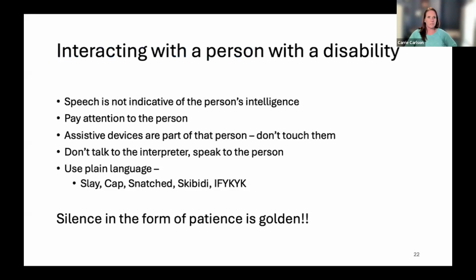And interacting with a person with a disability, right? Speech is not indicative of a person's intelligence. Pay attention to the person. Assistive devices are part of that person. Don't touch them. Don't talk to the interpreter, speak to the person. Use plain language. And I put these down there because, okay, so this says slay, cap, snatched,